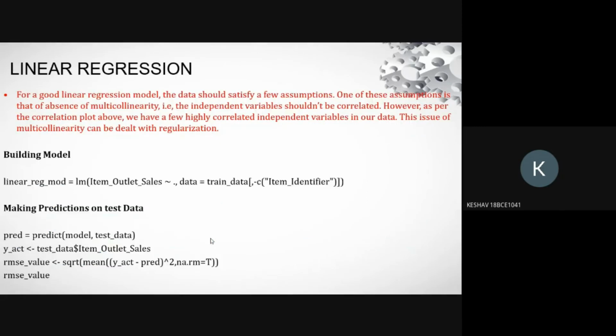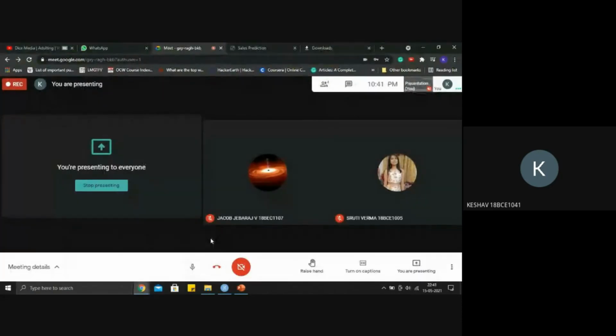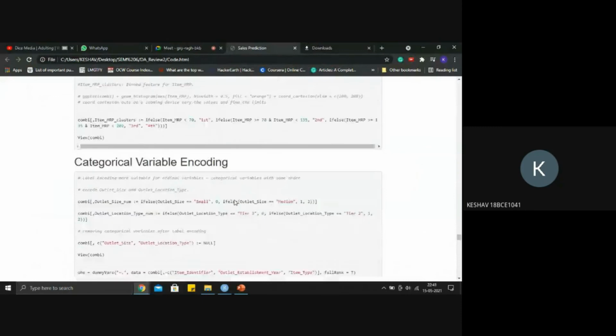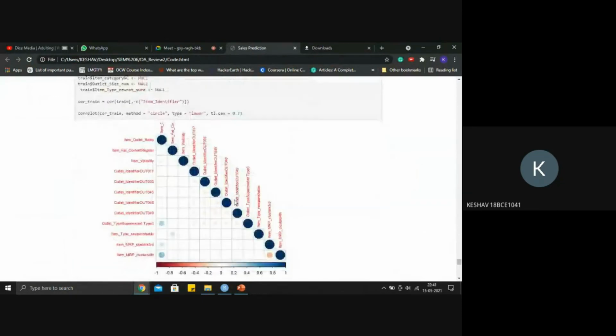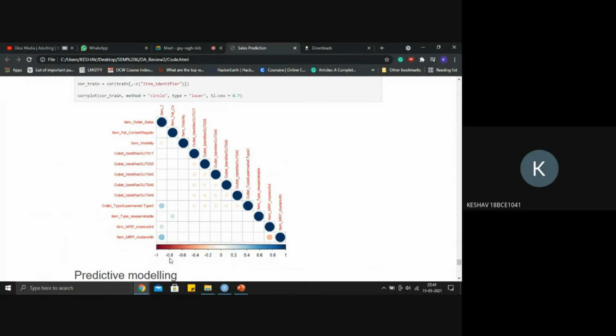Yeah, so I'll show you the linear regression model that we have built. This is the correlation plot after removing the multicollinearity. You can see that we have removed most of the multicollinearity, and we have good predictive variables here.